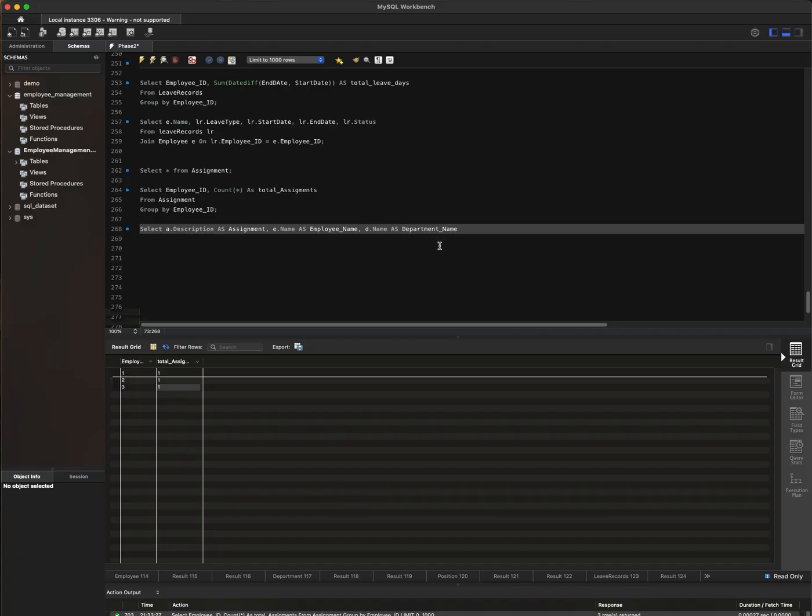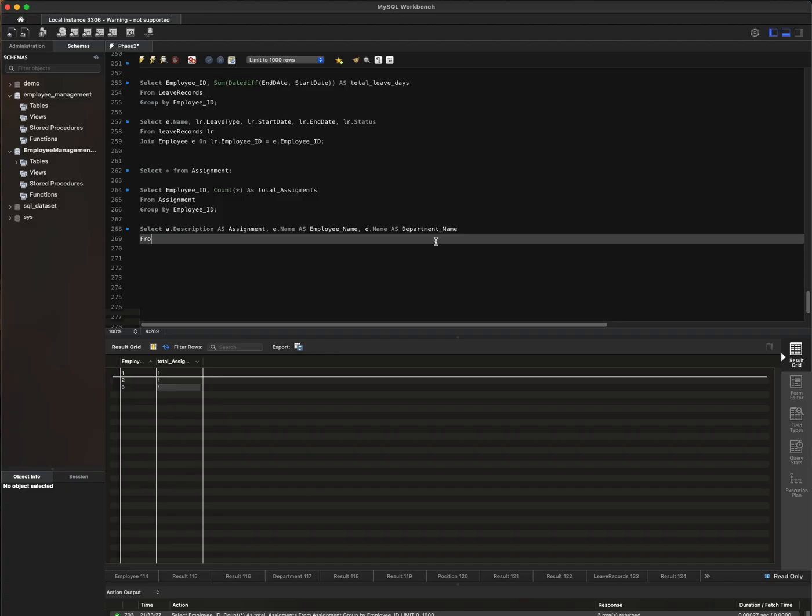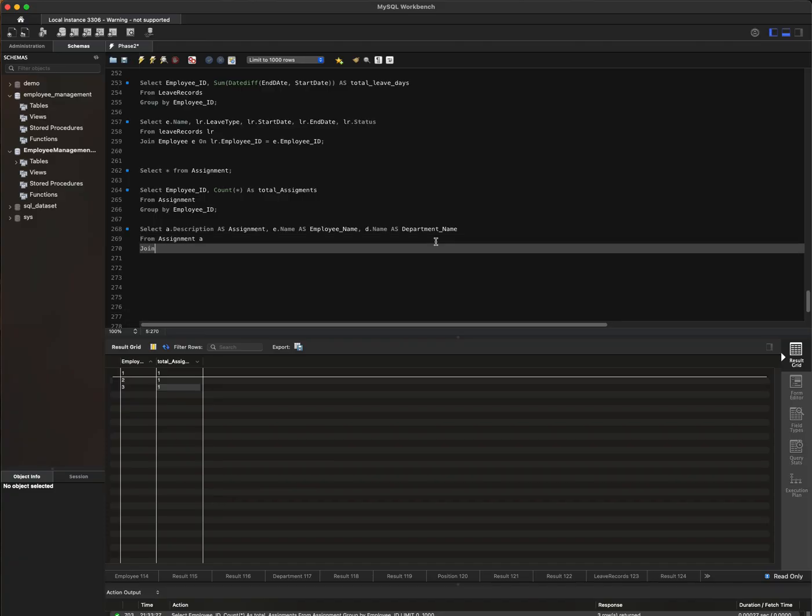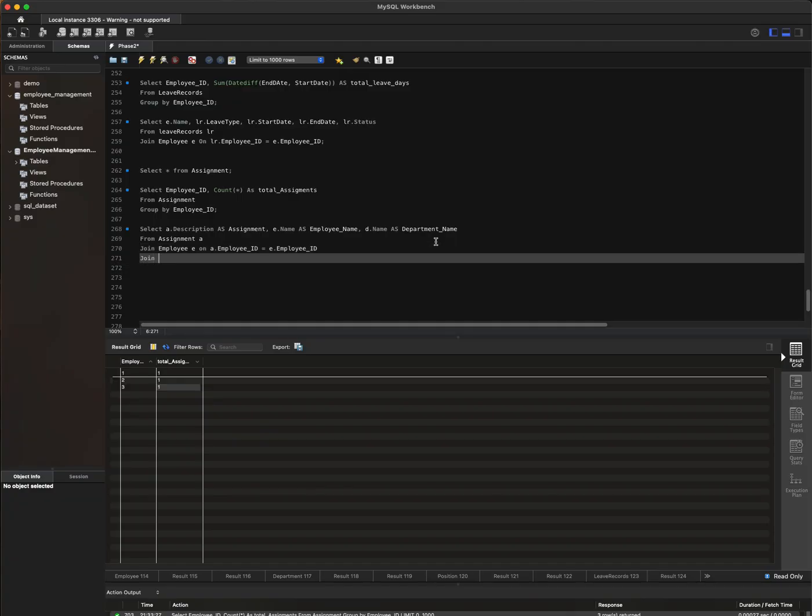Let's just put capital over here, okay, and then from assignment A, and then we have to do a join query right here, employee on A employee ID equal to E employee ID, and then again we have to do